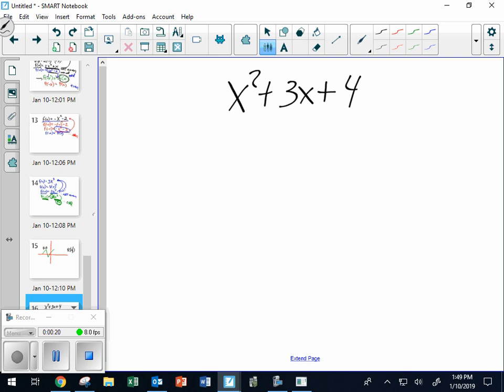This one, for instance, the first thing I say on quadratics is if you can factor it, you should. Couldn't this one factor? I don't think so. No, you're thinking 4 and 1, but that would have to have a negative in it. And that's not going to make a 3. So bottom line, you can't factor this one. How do you solve a quadratic